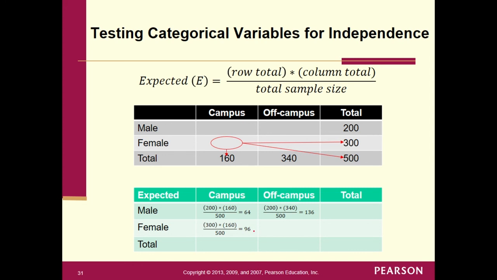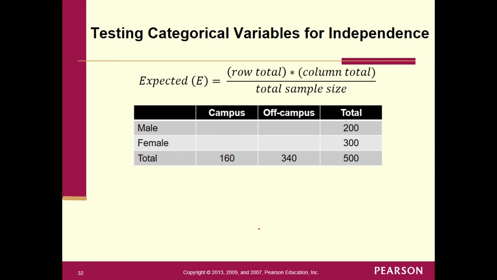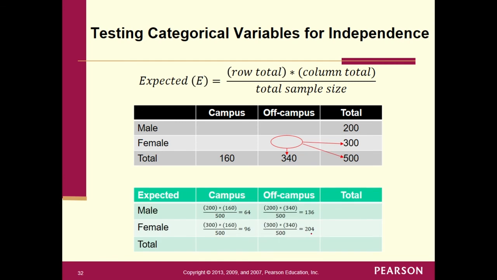All right, I get 96. And finally, I go to this one over here. 300 times 340 divided by 500. What do we get? 204. 204. Okay, so now